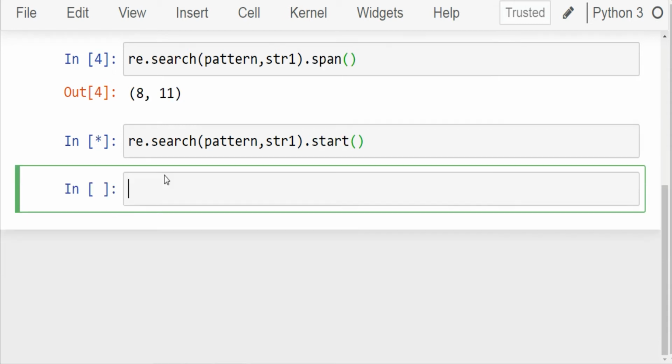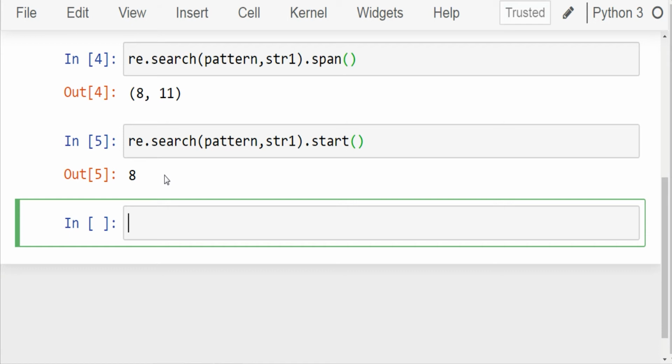and run the cell. Similarly, you can use the end method to display the ending index position of the matched object. Just write re.search(pattern, str1) and use the end method. Now run the cell.